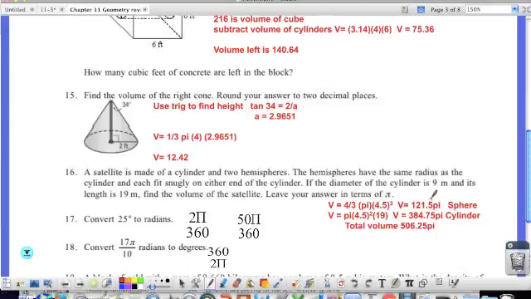For the volume of the cylinder, you're going to take the area of the base, which is 4.5 squared, which is 20.25, and it's going to be 20.25 pi, because you're leaving this in terms of pi, and multiplying by 19. So you get 384.75 pi. When you add those two together, you get 506.25 pi. So your answer is looking like 506.25